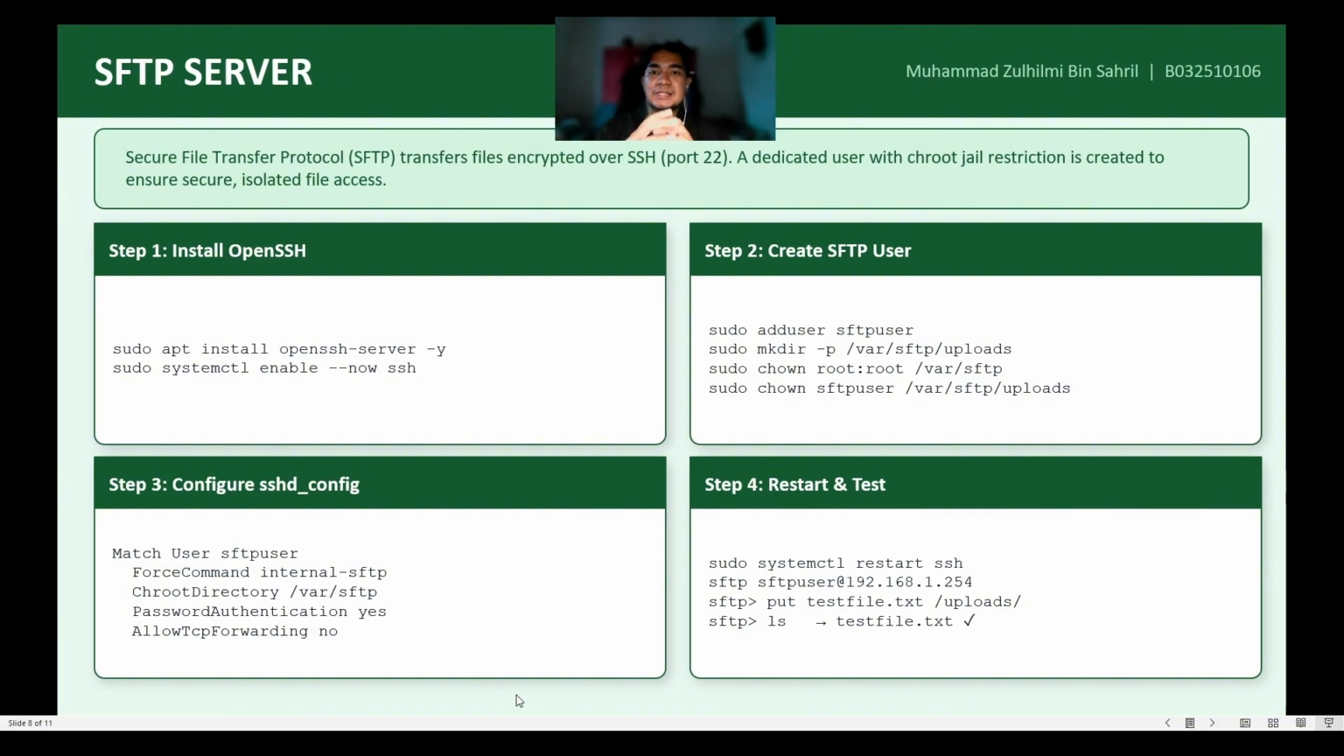So the first step is we install SSH. The command we need to use is sudo, the admin command, to install OpenSSH. So the command is sudo apt install openssh-server -y. Then we use systemctl and enable the ssh service. So the next step is to create the SFTP user. The SFTP user we will create in the server